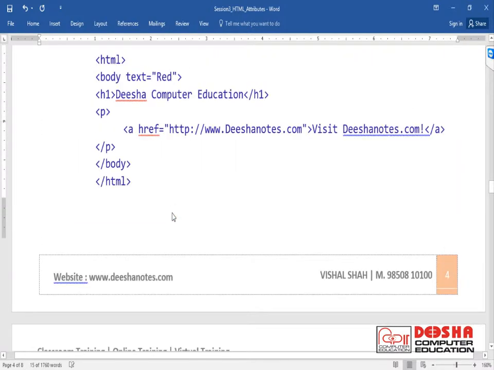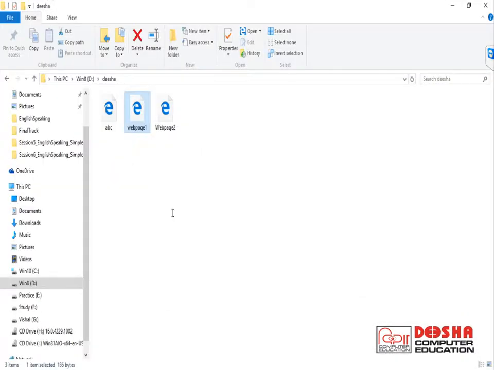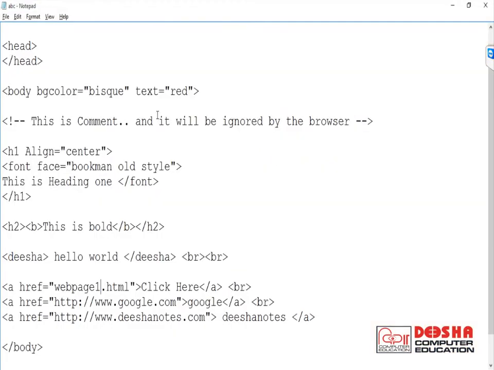Using the link and vlink attributes. Vlink means visited link. Here in the body tag I will write link is equal to any color name. If you write white, the link color will become white. Vlink means visited link color. I am taking vlink also as white, or you can have some different color also, brown, red, blue, whatever. Blue is the common one. I will set it to brown color now.